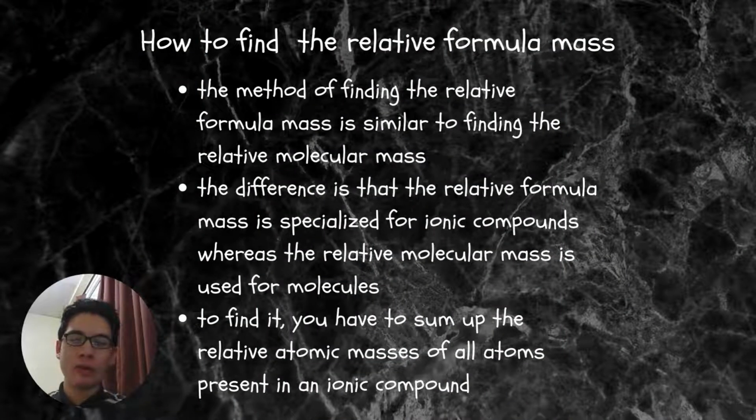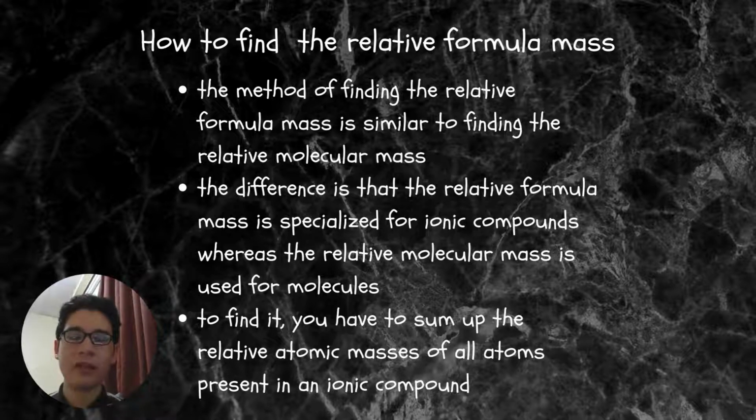Here's how you can find the relative formula mass. The method of finding the relative formula mass is similar to finding the relative molecular mass. The difference is that the relative formula mass is specialized for ionic compounds, whereas the relative molecular mass is used for molecules. To find it, you have to sum up the relative atomic masses of all atoms. People who took the science stream will understand this, because in order to find the relative molecular mass and also the relative formula mass, you need to sum up the entire